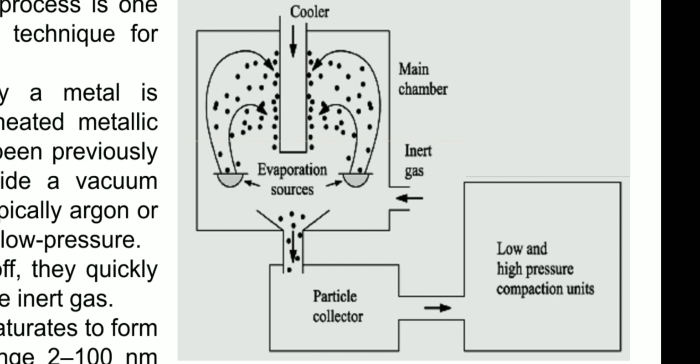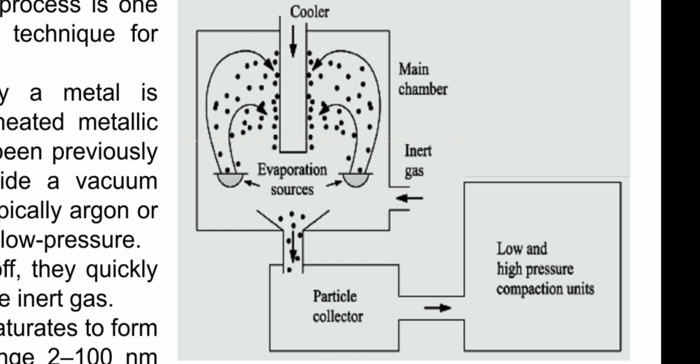you have to increase the temperature of the cuvettes. When the temperature is increasing, initially your source metal is present as a solid material. Then as the temperature increases, it initially melts, then it starts to boil, and if you go above the boiling point, it starts to evaporate. Then these evaporated metal atoms come in contact with the inert gas and start to condense. And eventually these condensed particles